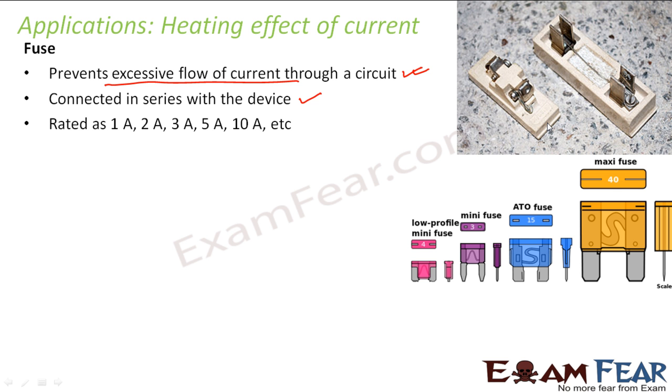And once the wire breaks, your circuit breaks. And the circuit breaks means no current further flows in the circuit. So we have to choose this wire appropriately. We should not choose a wire of very high melting point. In that case, it will allow very high amount of current to flow through it because it will not melt easily. So we need to choose an appropriate melting point so that as soon as the current increases beyond a certain limit, the wire melts and the circuit becomes an open circuit, or the circuit breaks and current cannot further flow through the circuit.